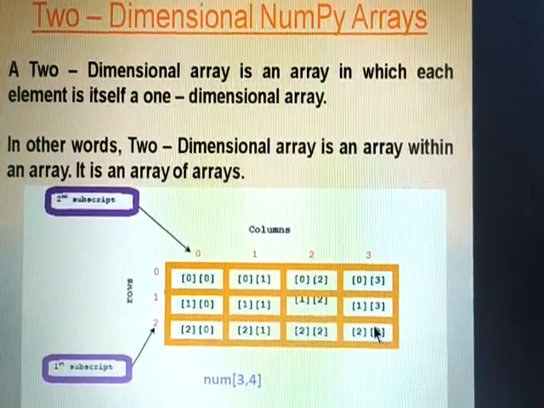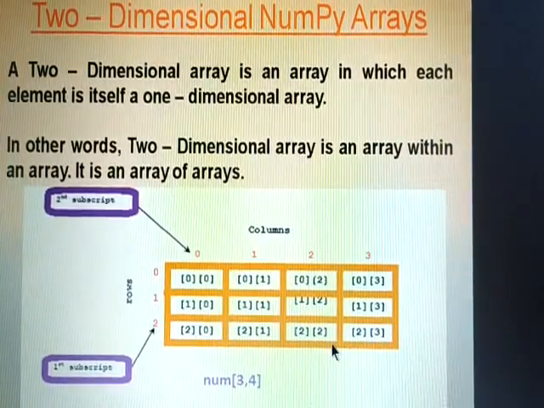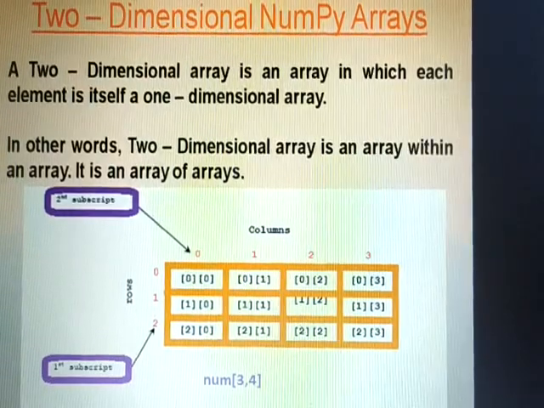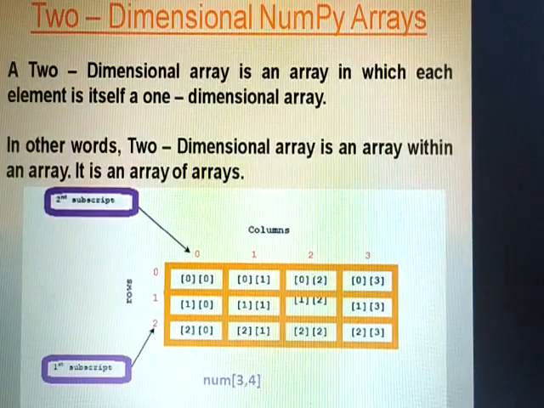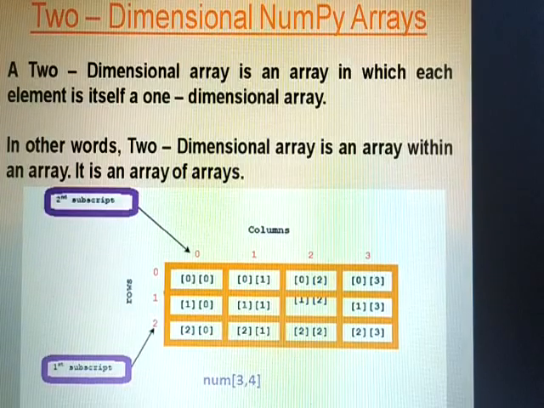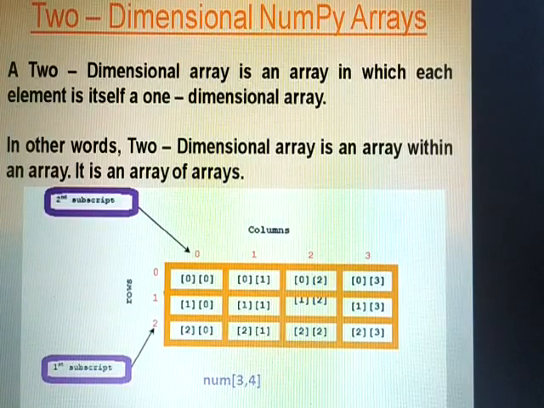So the number of elements in a two-dimensional array can be determined by multiplying the number of rows with the number of columns.